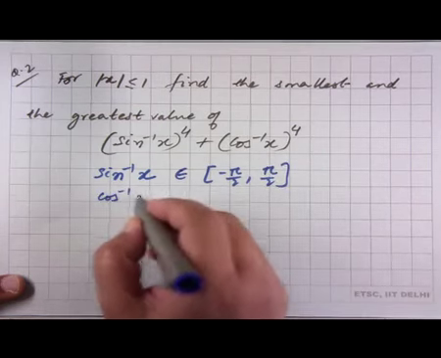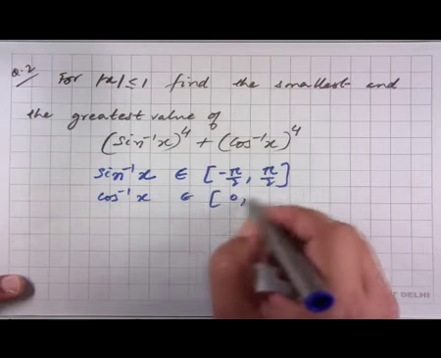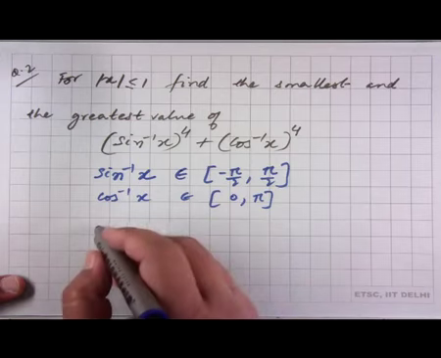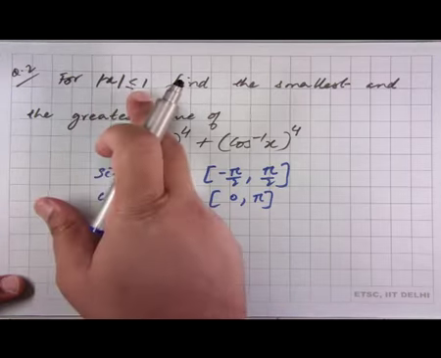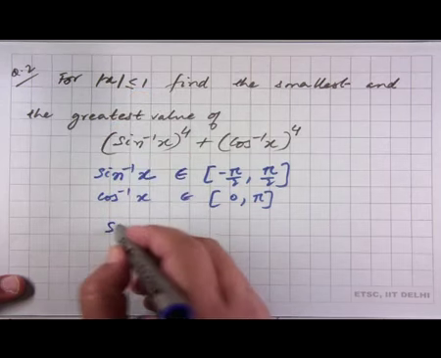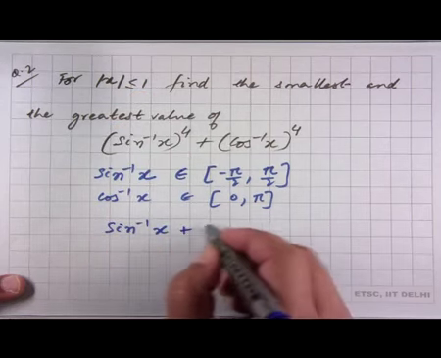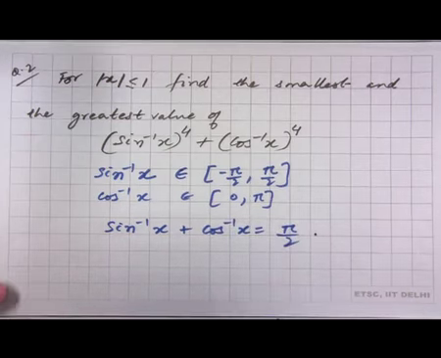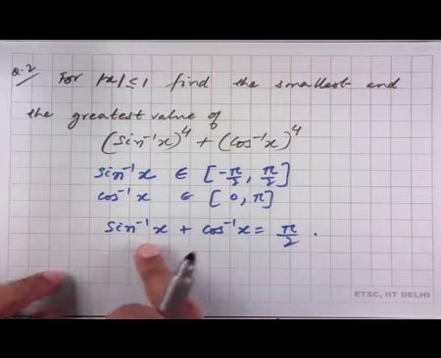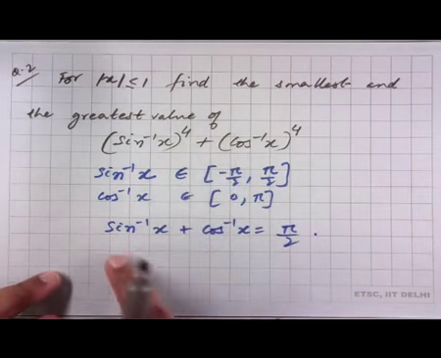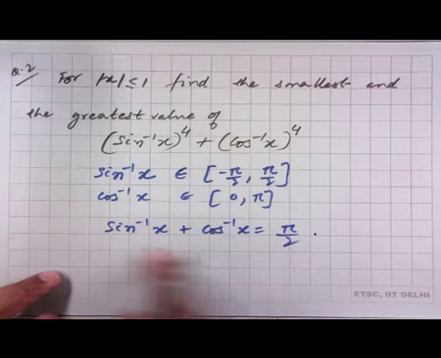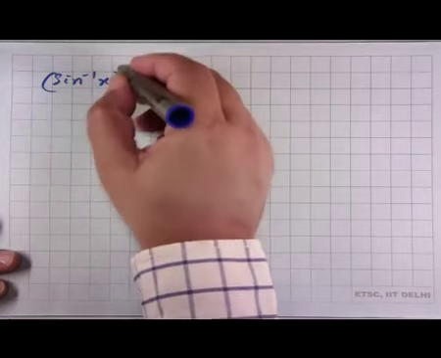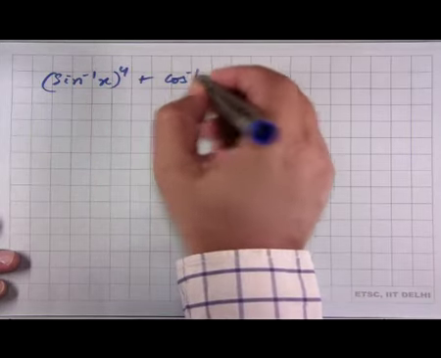Cos inverse x belongs to the interval 0 to pi, but we also know the result that for any x such that mod x is less than or equal to 1, sin inverse x plus cos inverse x is pi over 2. So this is true, and though we have powers of 4 here, we would be interested in using this identity somehow. So if you want to use that identity, then we can write this